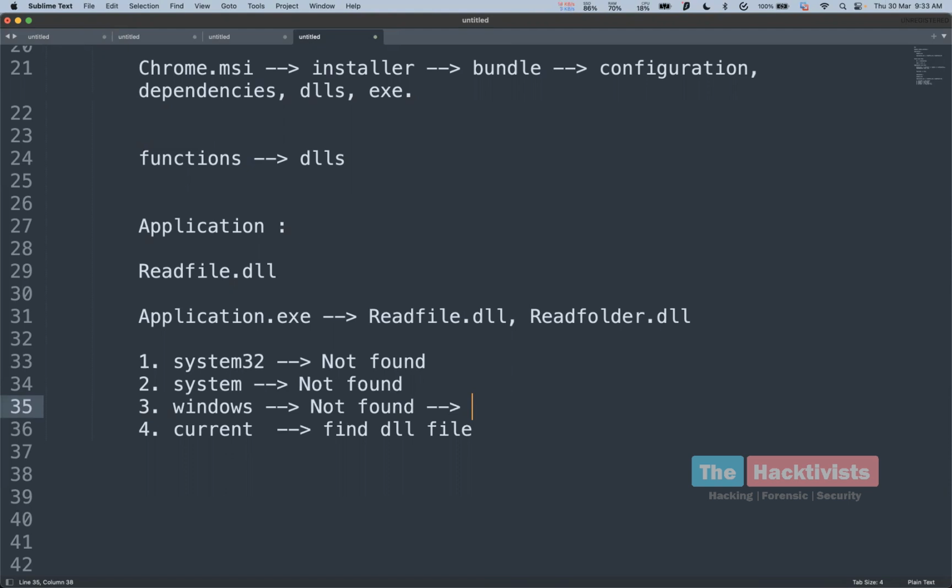So what if we keep a DLL file with the same name which it is looking for, containing malicious code with which we can take over the system, install malwares and so on, and we keep that malicious file in the place where it is looking? At that point of time, now what happens is,